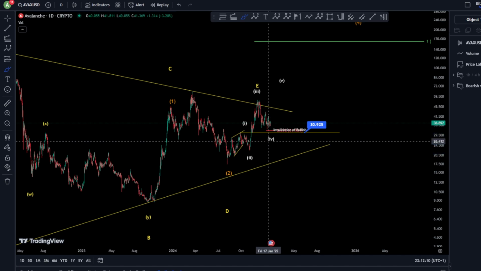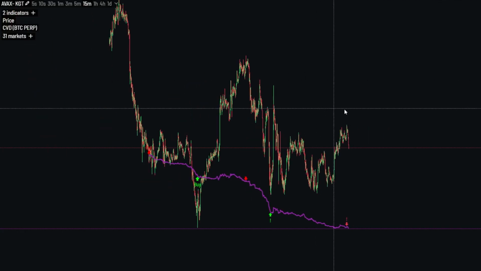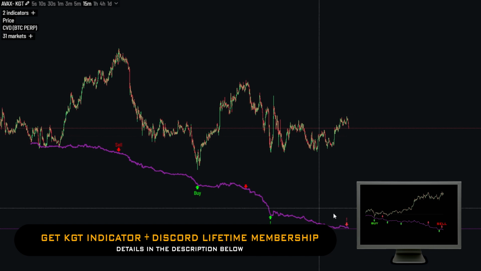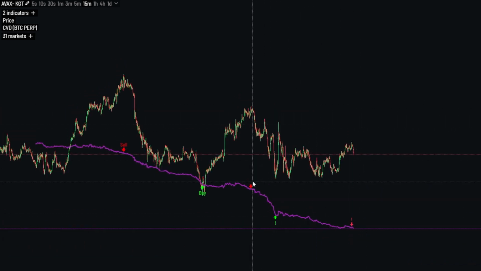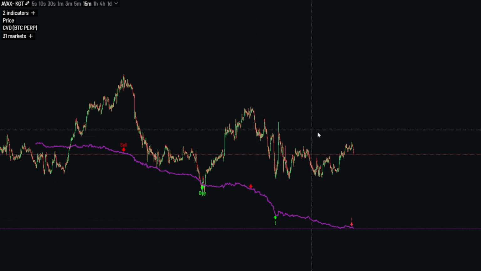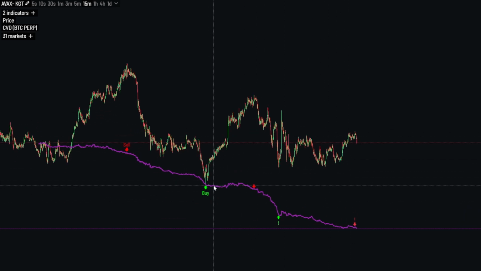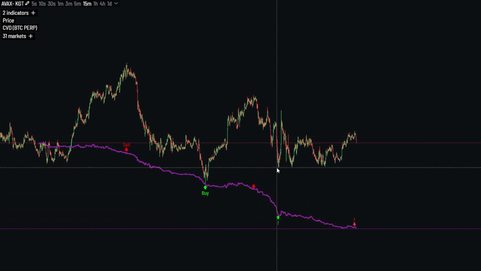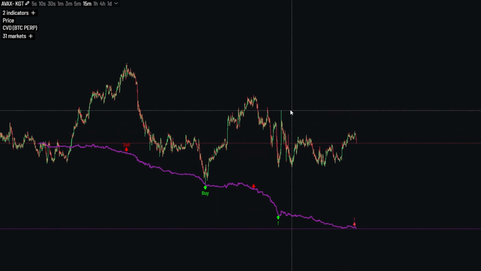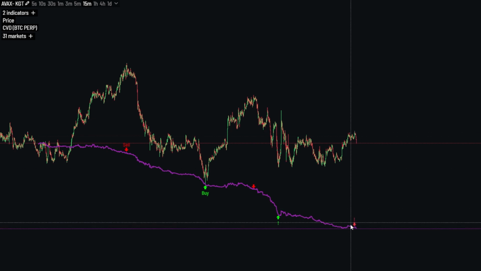So basically, if we take a look as well at the KGT, we have a very strong bearish convergence. As we can see on the 15-minute chart, we have here a bearish signal, and also here a bearish one, convergent with the price action, while your bullish signal, a buy signal as well, was given also as a very clear divergence. However, this was already played as we saw higher prices and dropping down directly after it and starting to range. And now, once we took the high a little bit even lower than this one, we took the bearish signal. That means a pressure of selling